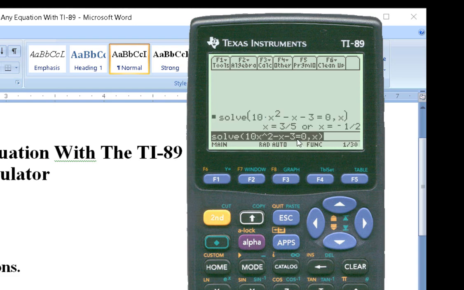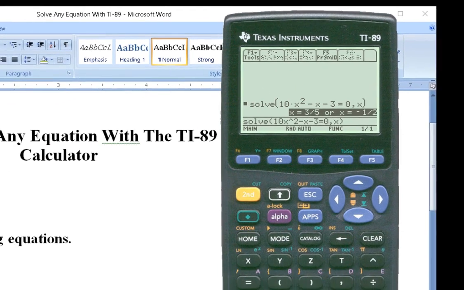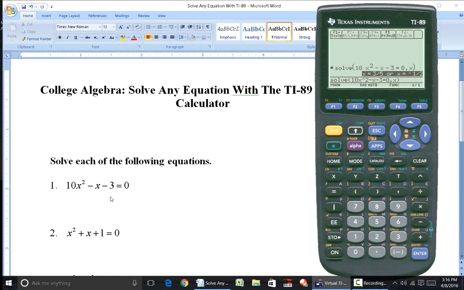Now sometimes you won't be able to see the whole complete solution, so you might have to scroll up like this and then hit the right arrow to move the screen over, but in this case you can see it's x equal to 3/5, x equal to negative 1/2. That's your solution. Now understand that this is a second degree equation, so you would expect to have two solutions,